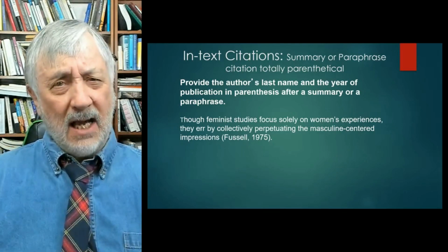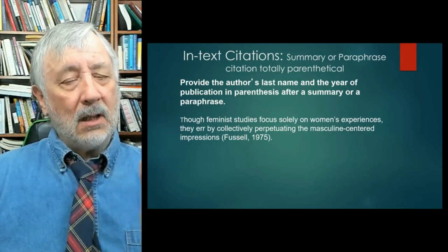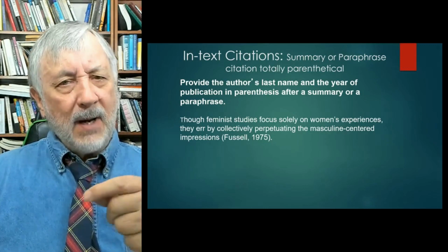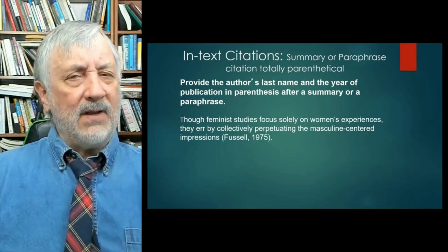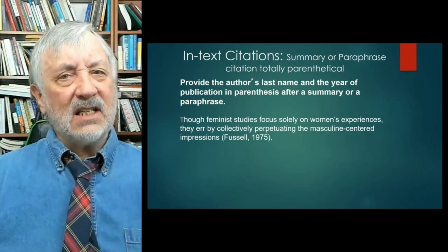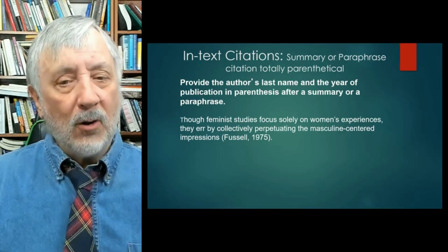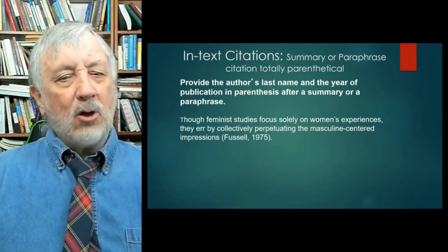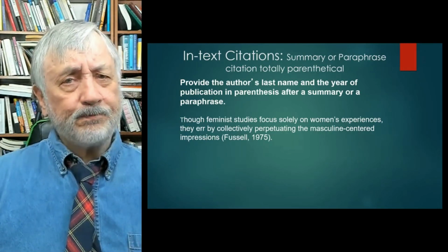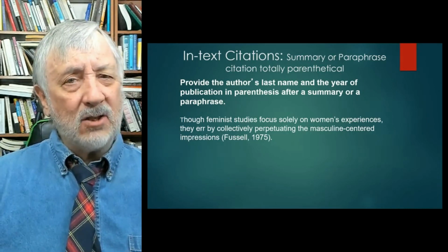I'm constantly marking that when I correct papers. People put the period inside, or on the left-hand side of the parentheses, but the parenthetical citation is part of your sentence. So it doesn't go inside the quotes, but it goes inside the sentence, so the end punctuation comes after the citation, at the end of the sentence. Now you notice that when you have a paraphrase or a summary, you usually don't use a page number. It's not necessary to use a page number.